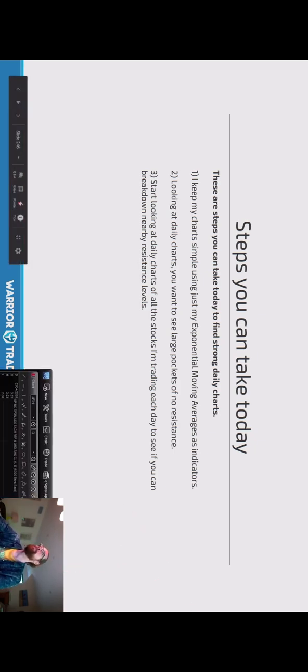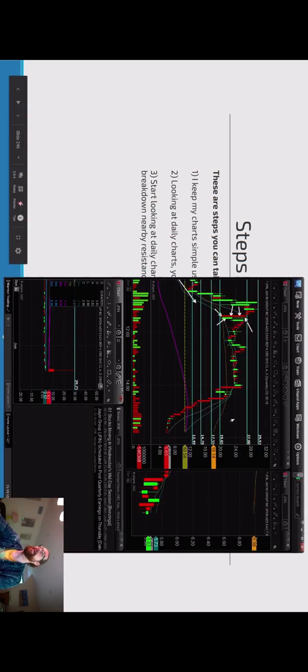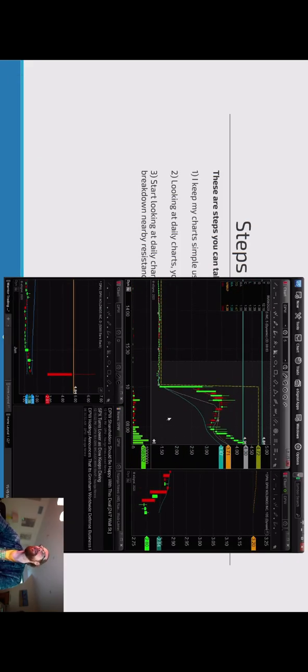Each day when you're looking at your gap scanner, you can start looking at the daily chart of these stocks. It is usually one of the first things I look at. Actually, the first thing I look at is the intraday chart. So DPW, first thing I check is intraday chart. And if that's strong, that's the first thing I need to know. Because if the intraday chart is really weak, and I can't think of a gapper today that had a bad intraday or a bad pre-market chart, but